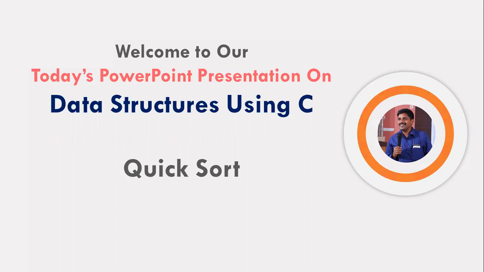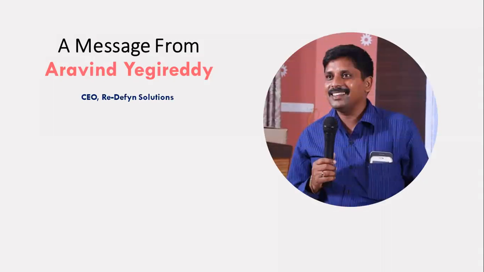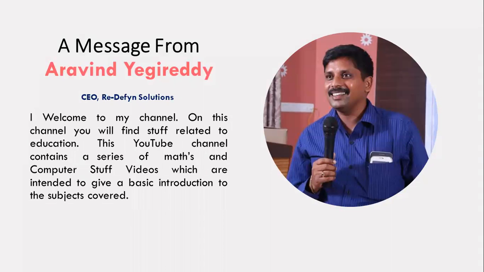Now, let us see the fourth sorting technique, that is quicksort. So here, quicksort is an algorithm to sort an array of numbers. So now my question is, when we say that an array of numbers is in sorted order, we say that it is in sorted order if every element in the array is in the correct position. So once again my question here is, when we say that the element is in its correct position,